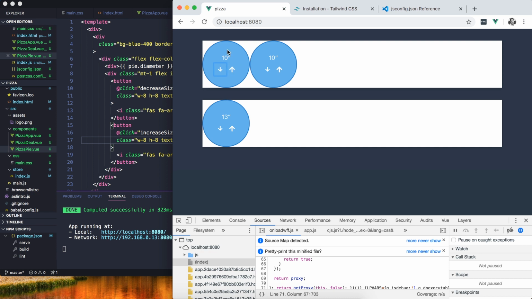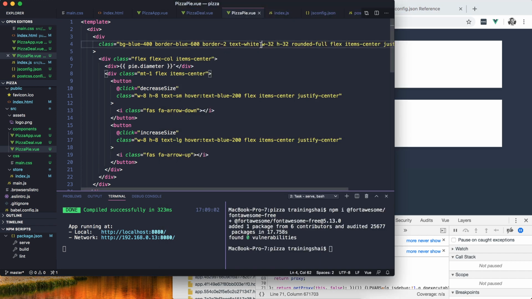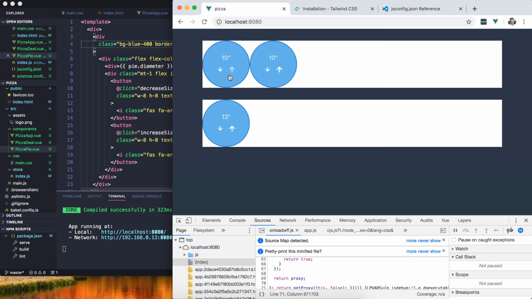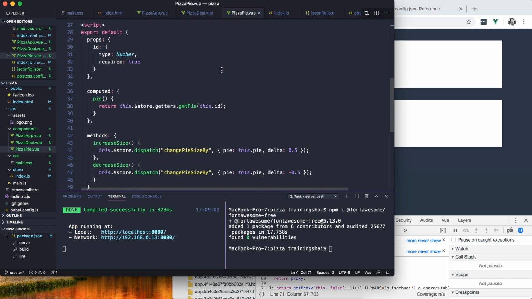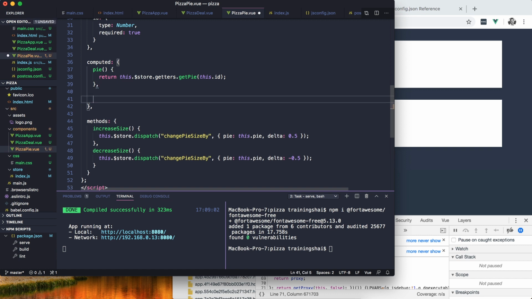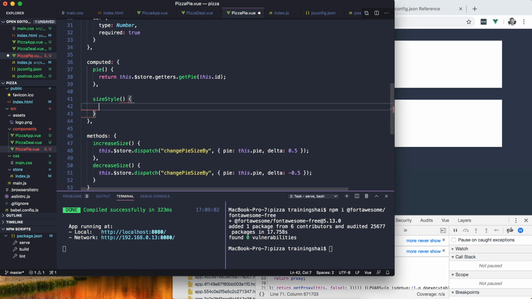And the next thing I want to do is I want the pie circle here. So at the moment it's always got this fixed w-32, this 32 or 8 rem width and height. I want those to adapt based on the current diameter. I want to see this circle get bigger and smaller. So I'm going to have a computed here, which is going to be my size styles, where all I need to do is say